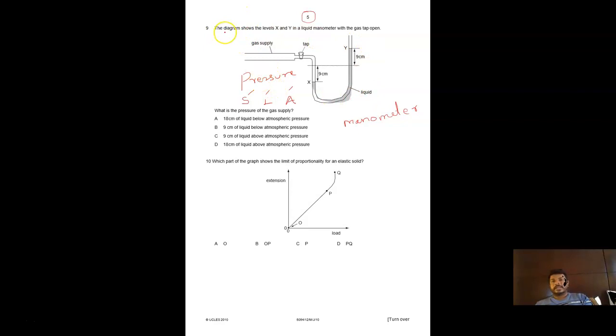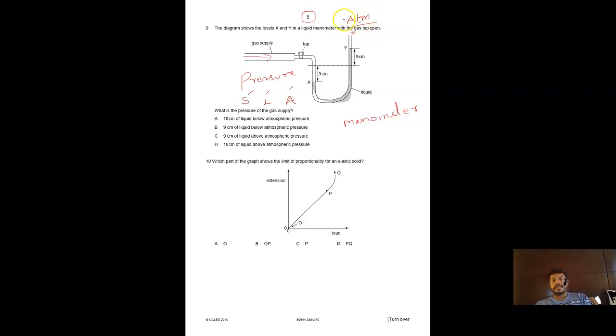Okay, listen. The diagram shows the levels X and Y in a liquid manometer with the gas tap open. Here is the gas supply. Here is a tap. You can open and close it to regulate the gas supply into the tube. This is a U-shaped tube. Now this end is open. So here is atmospheric pressure,